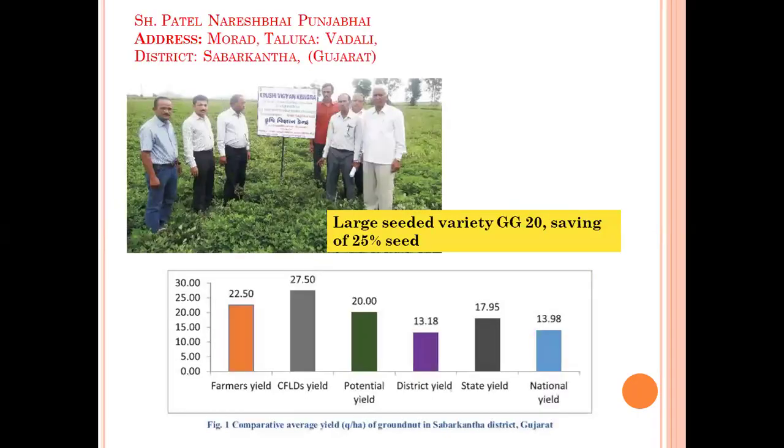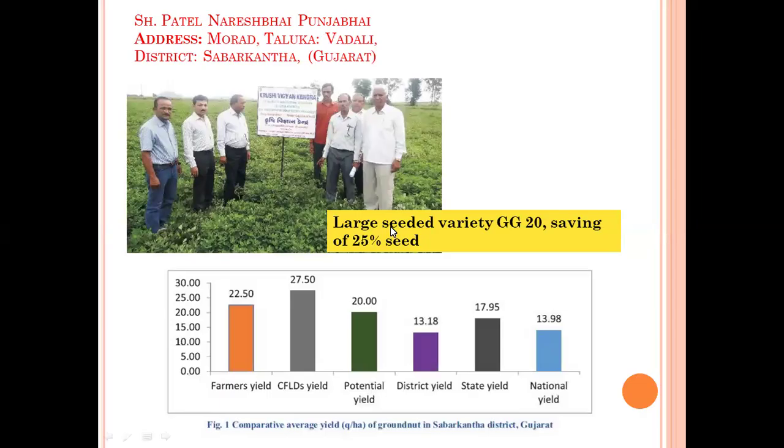So after discussing all these things regarding the export, coming to some success stories, like the Indian farmers, so that you will be getting this idea, like we can also go for these commodities, and we can also get some more profits. So this is the first success story of one farmer, who is staying in Gujarat. With the help of Krishi Vigyan Kendra, which is in Gujarat, they have done one CFLD,